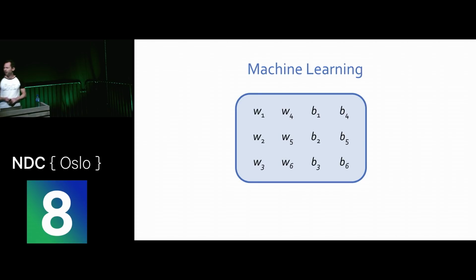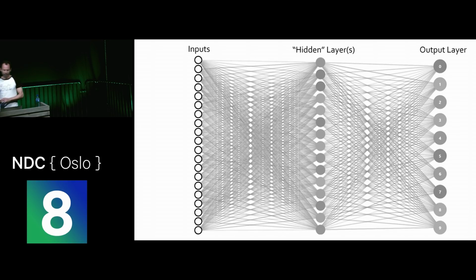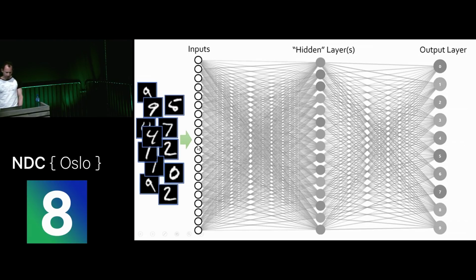So an artificial neural network is arranged like this. Here's an example. On the left, these white circles represent the inputs, and they might correspond to all of the pixels in an image. So you might have values from 0 to 255 to represent the level of gray, the grayscale. Then that connects to another layer of neurons, which then connects to another layer, which is where we get the output from. And we'll go into this architecture in more detail later.